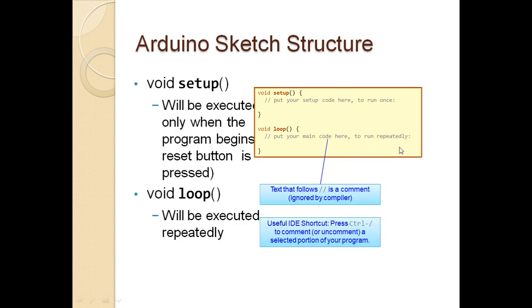Hence all the code for your robot or for your system will come under void loop. The curly braces are very important for the void loop. If one of the curly braces is not placed or something else is placed instead of the curly braces, the Arduino will throw up an error.